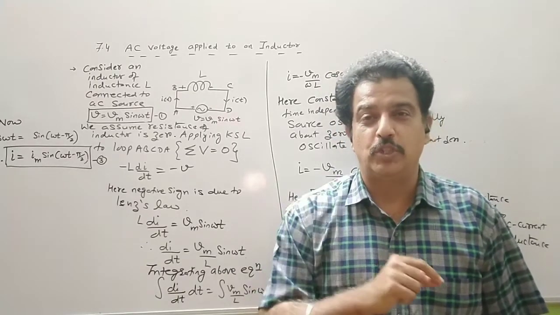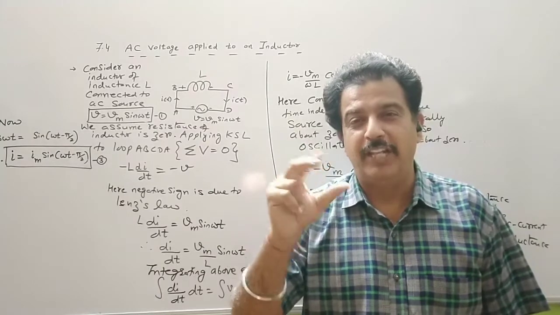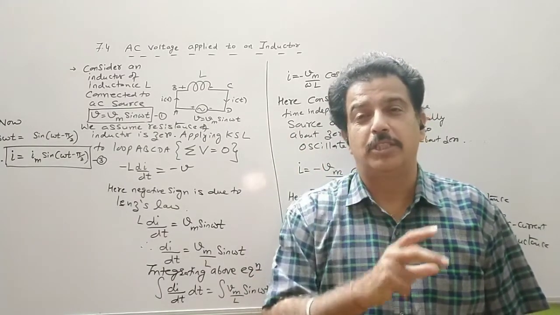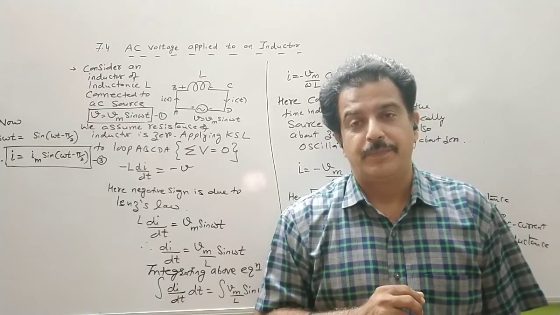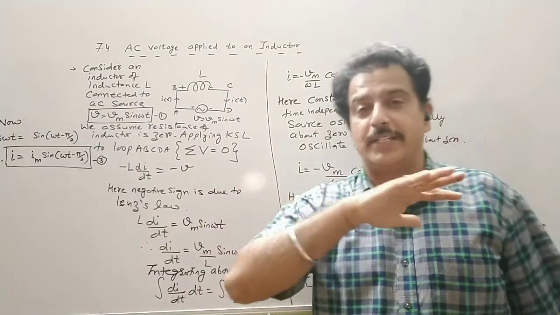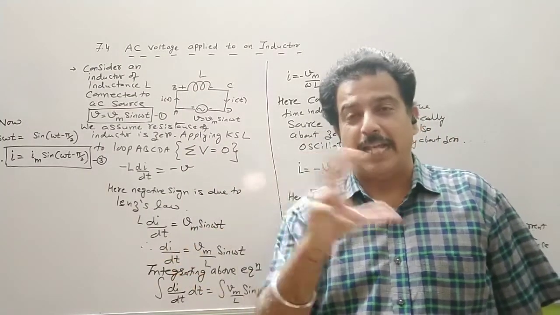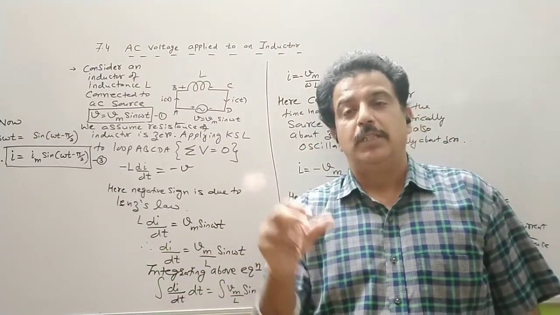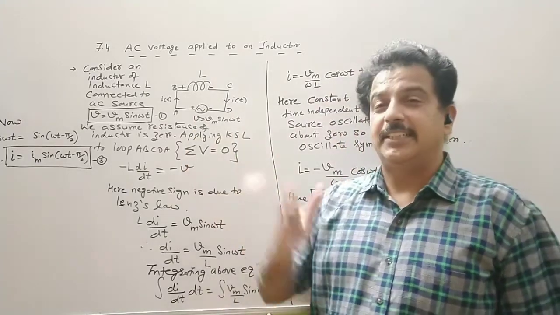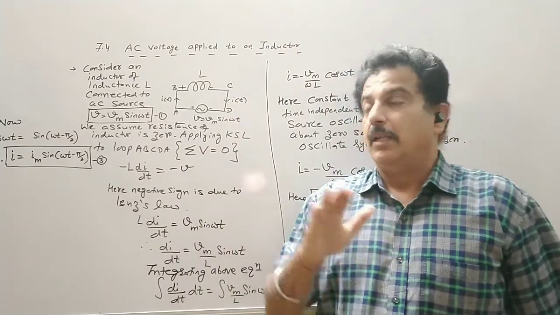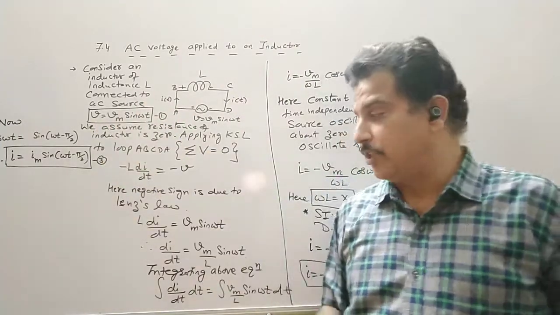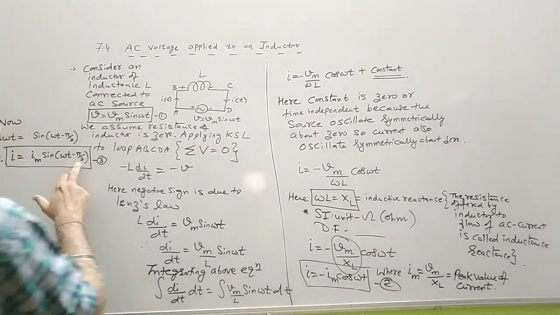So as you switch on, the tube light will flicker for a few seconds because the inductor opposes the growth of the current, and the work is done by this external source to establish the current, and that time lapse is about T by 4 second, or you can say the current lags behind the voltage by pi by 2 radian.